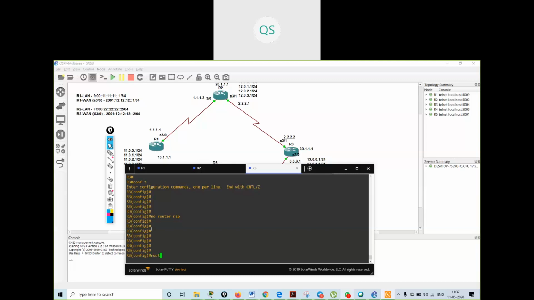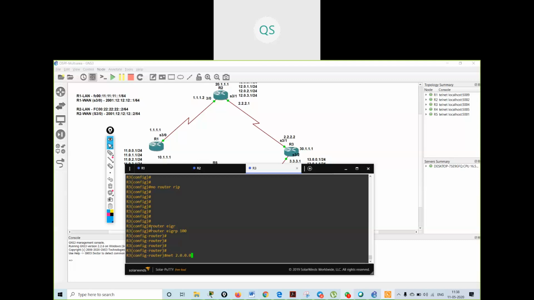So I will give router EIGRP 100. Suppose I advertise network 2 dot network 0.0.0.255.